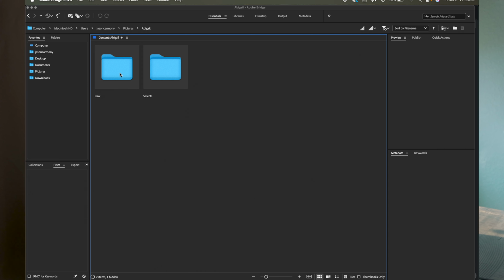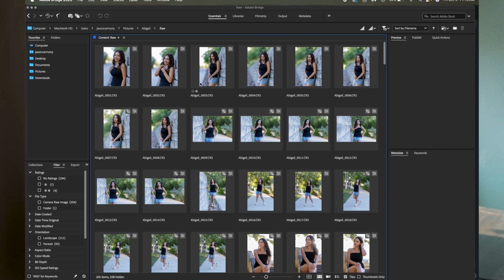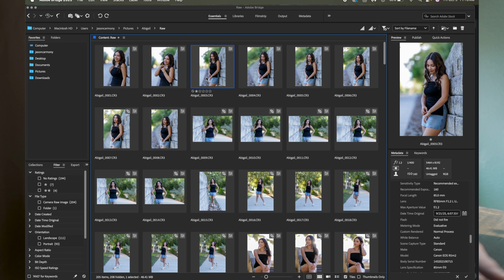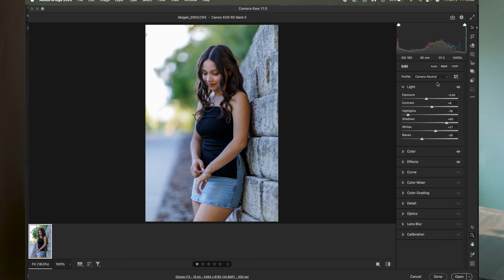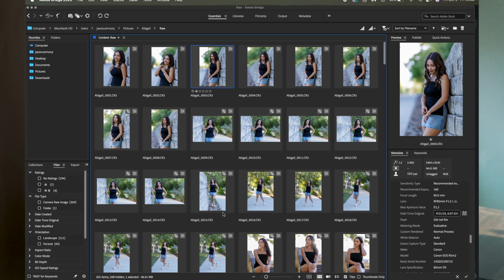So what do I mean is, if I go into Bridge and I have a photo, let's just jump into this one, and it's raw, and this little symbol right here means I've made edits to it. So if I go up into raw, camera raw, I've already made edits to it. I've made edits the way that I want. If I go into, let's see, that's Abigail number 3.